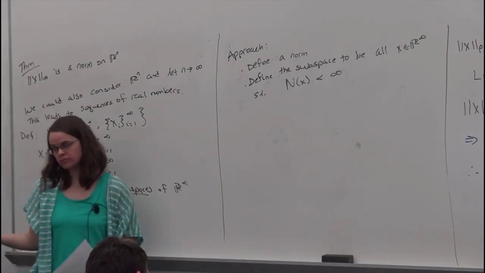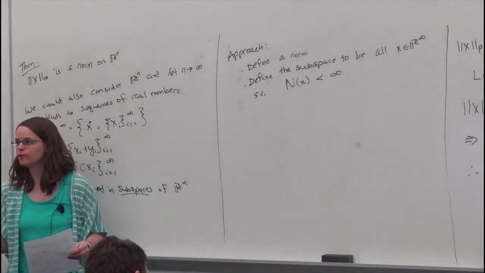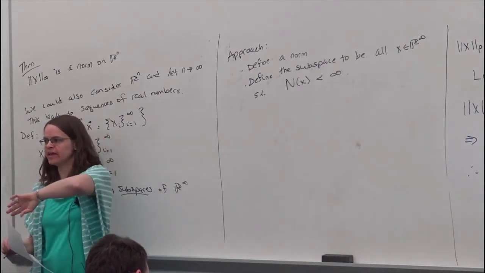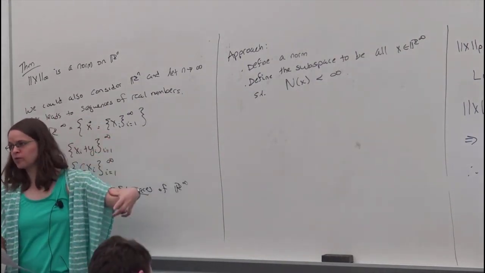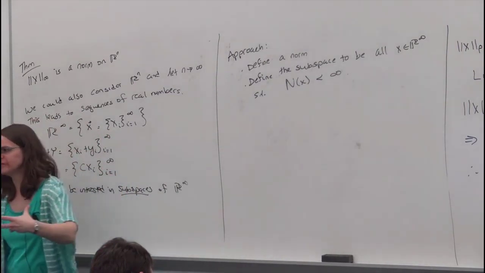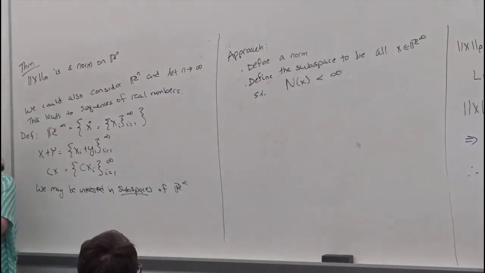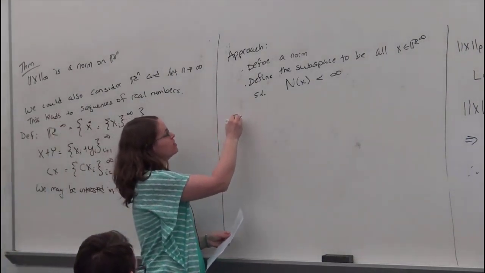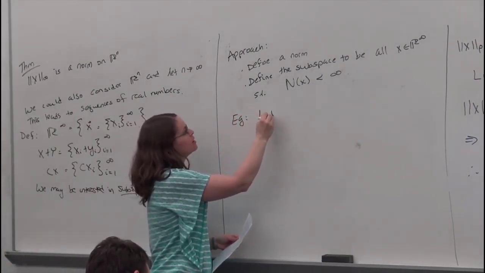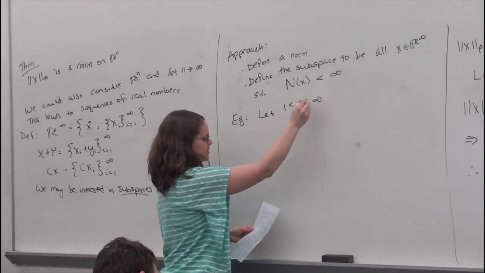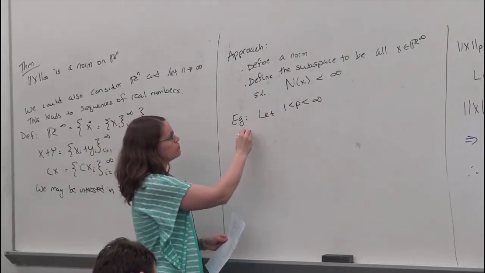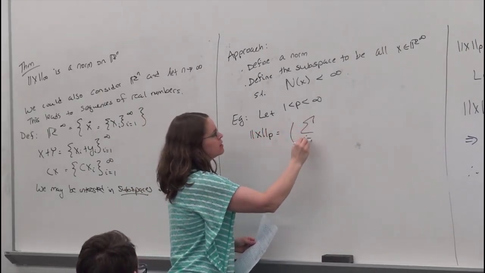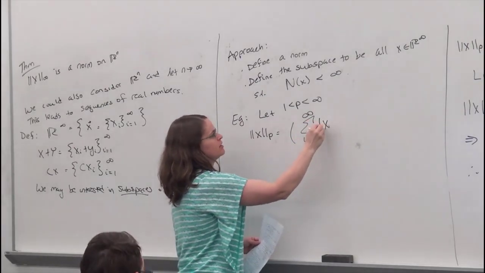All right, so we could define the same kind of p-norms that we had before. Right, this involved a sum from 1 to n, but now all of a sudden we've taken n to infinity. We're working with infinite series, and it's of course not at all obvious that these series converge. They could converge or they could diverge depending on what kind of sequences we put in. So, as an example, let's take p between 1 and infinity. And let's let xp equal now the infinite series